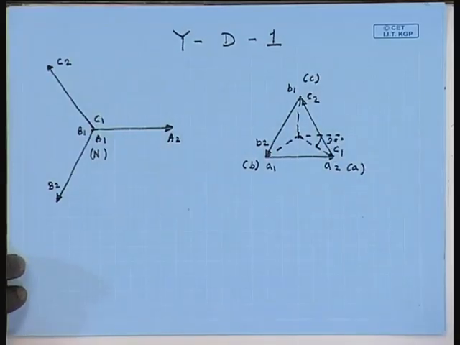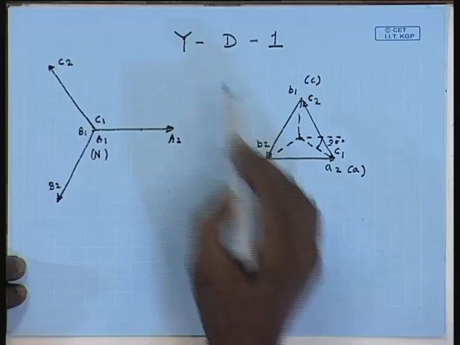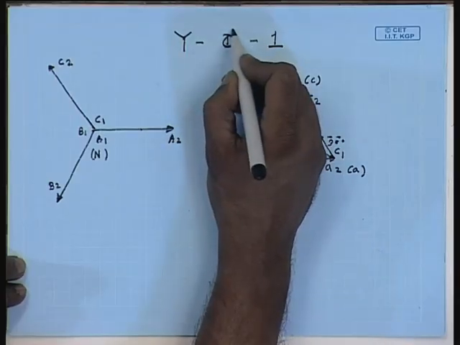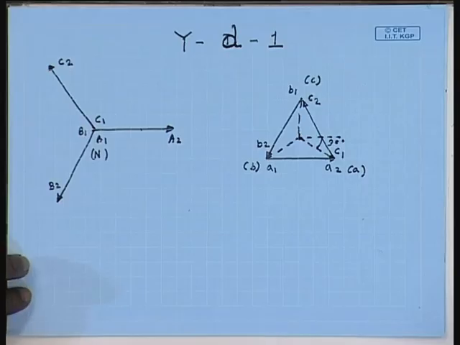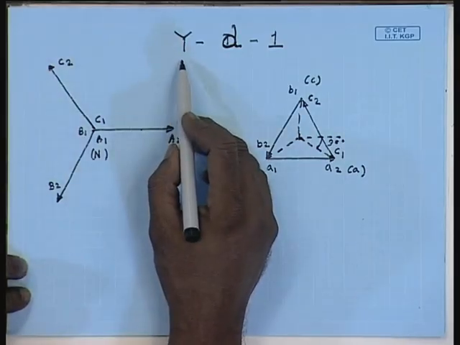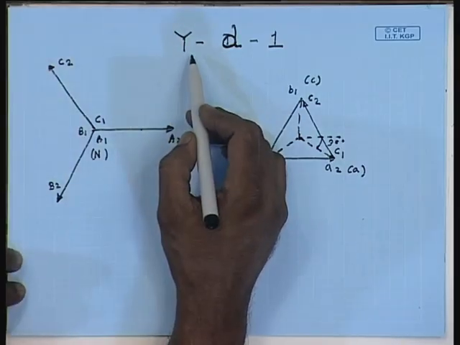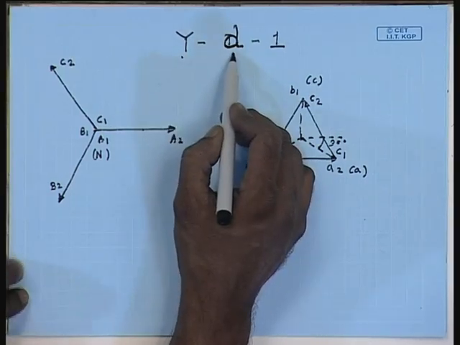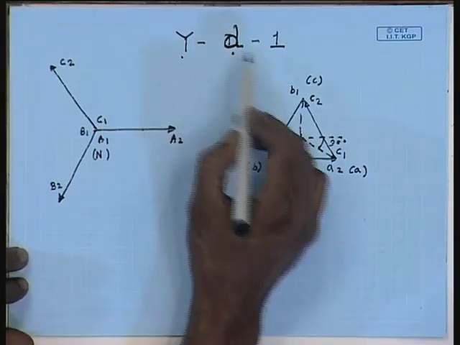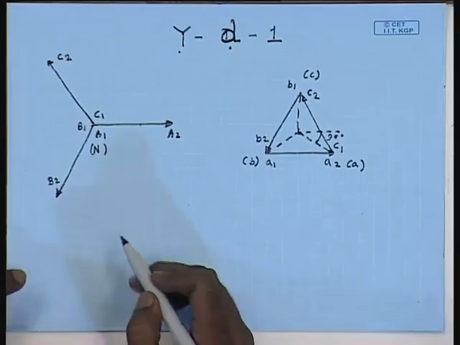So, this connection gives me Yd1. Generally, for the high voltage side, the representing letter is written in capital. For the low voltage side, the representing letter is written in small. So, connection wise, it will be